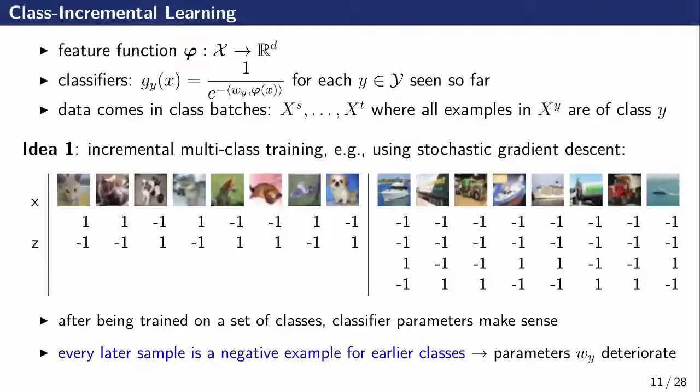And now, if you continue training with stochastic gradient descent, you will observe that you will learn decent ship and truck classifiers, but the quality of the cat and dog classifier will decrease rapidly. Which is a very natural effect, because every example you've seen at this stage or later will be a negative example for all the earlier classes, and then the stochastic gradient will just push the parameters down and down. If you have a bias term, it will go down and down, because the classifier just learns that it will never see a training example of the first classes anymore, so why should it ever even be able to predict